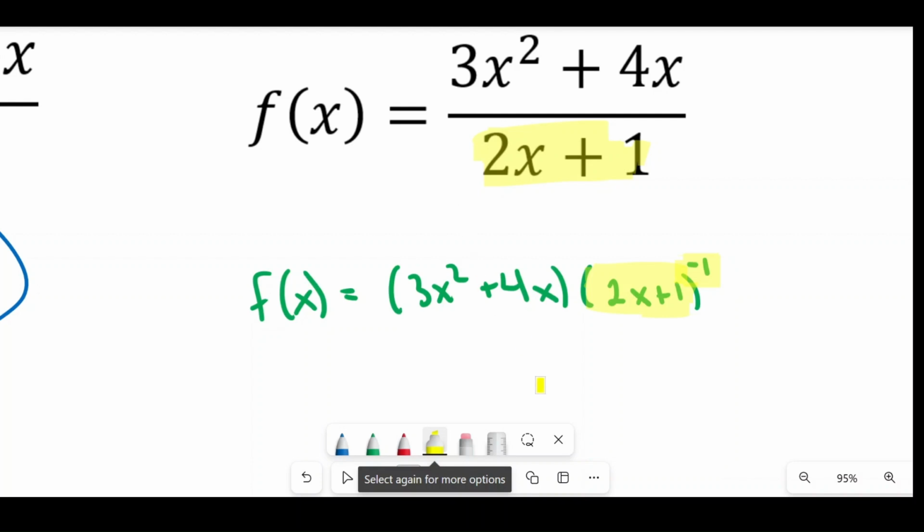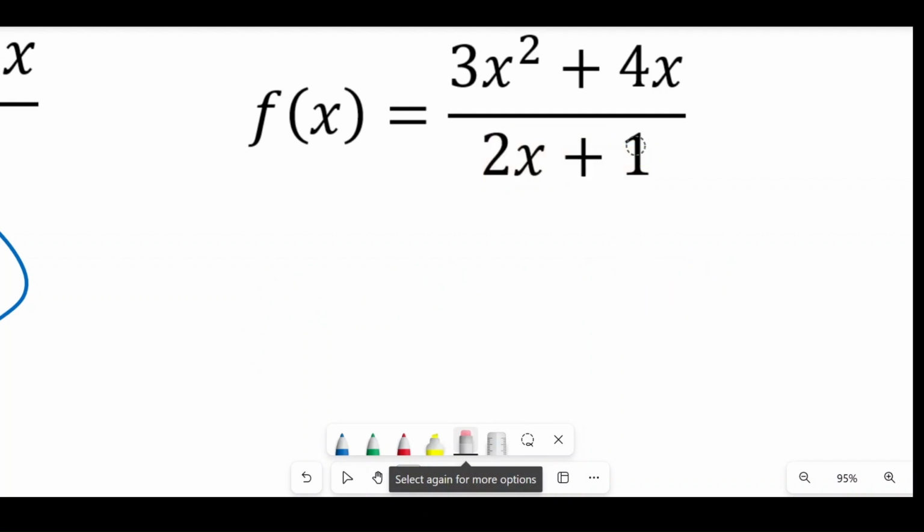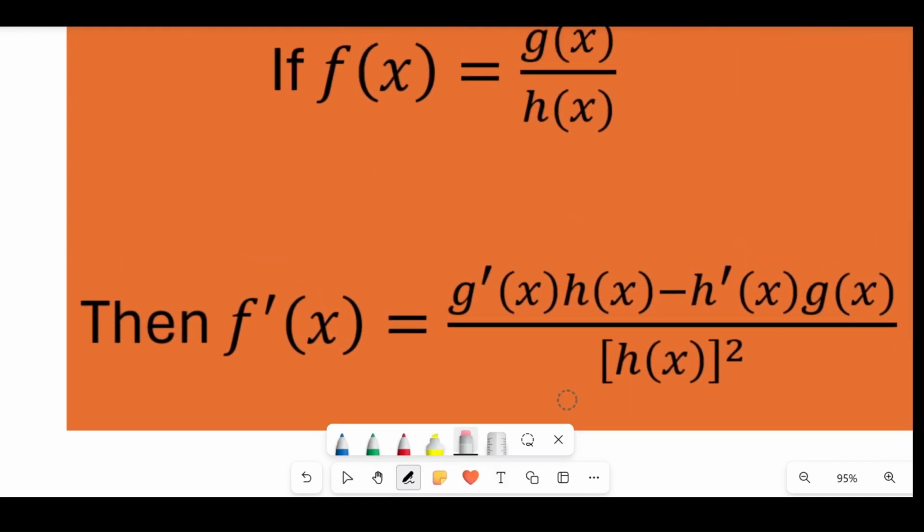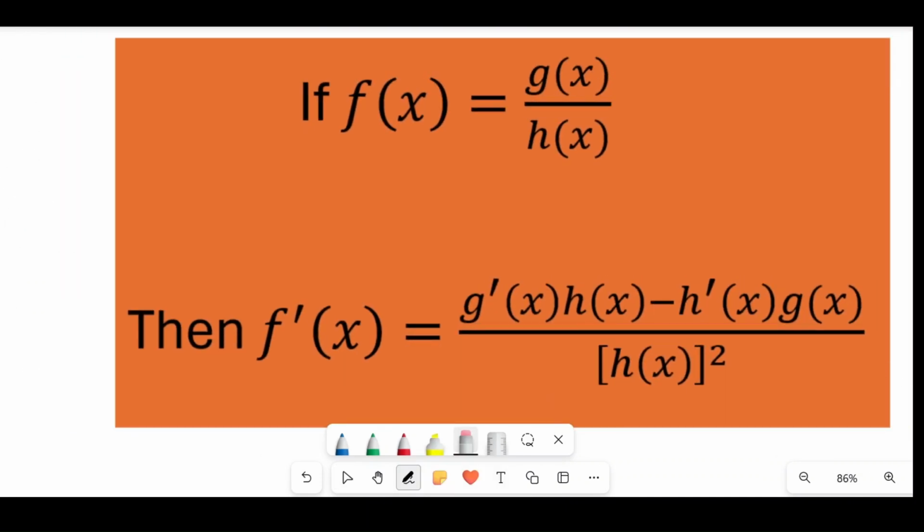And like I said, some people do that, but I want to show you the quotient rule. And I do think that some of the math is easier with the quotient rule. Not all of it, but some of it is. So let's have a look at what the quotient rule is. There we go. So the quotient rule says if you have a function that is